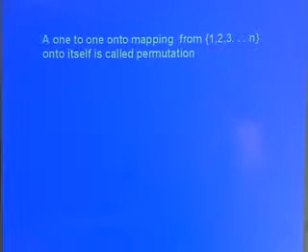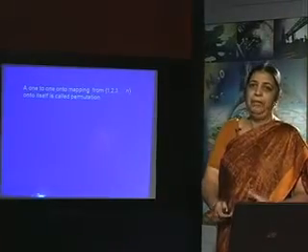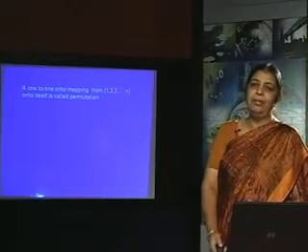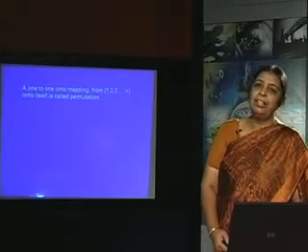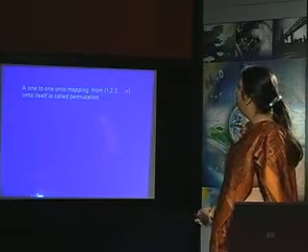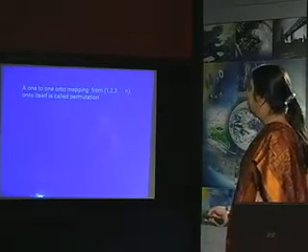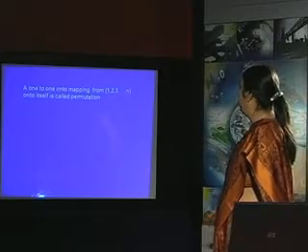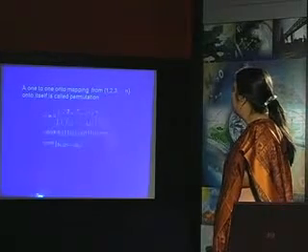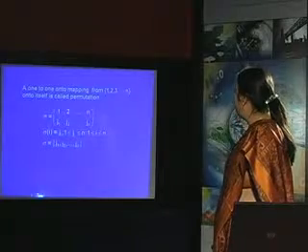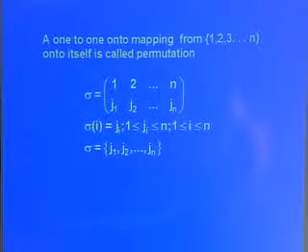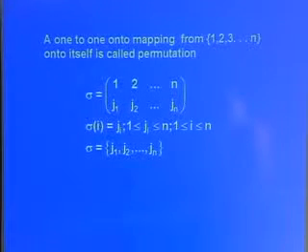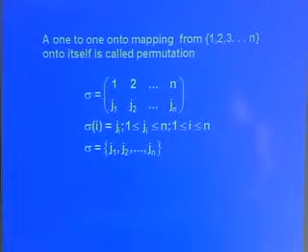Now this is the way we define determinants for 2 by 2 matrices, but to define determinants in more general form, I will now give you some basic concepts. First thing is to define a permutation. A permutation is a one to one onto mapping from the set 1 to n onto itself. For example, if I have been given a set of first n natural numbers, then a permutation is denoted by sigma